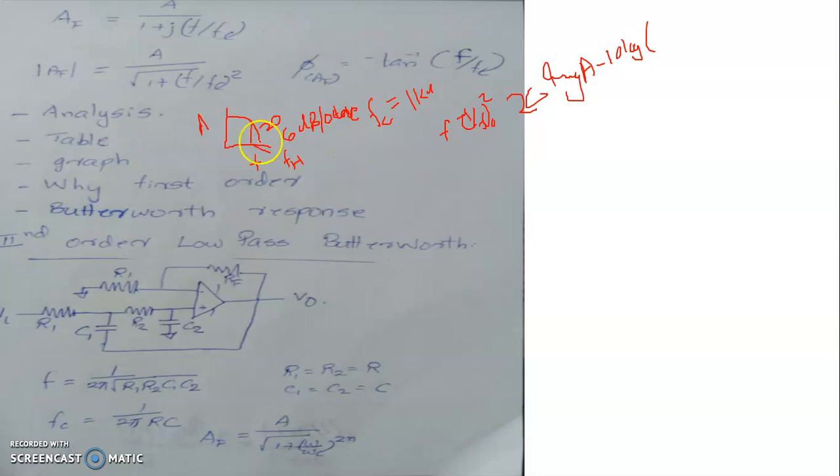And on the basis of this graph, you can write a note on why it is called a first order filter. Since it has only one passive filtering unit, that's an RC circuit, the stop band will have a roll-off of 20 dB per decade or 6 dB per octave. If the stop band has a gain variation of 20 dB per decade or 6 dB per octave, then such a filter is referred to as a first order filter. Of course, this is not an ideal response. For ideal response, you will have to